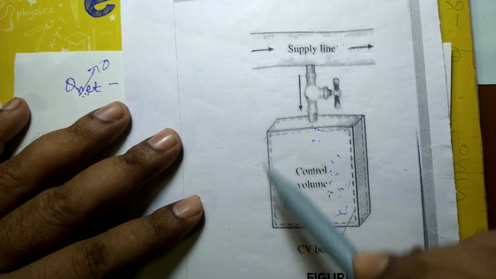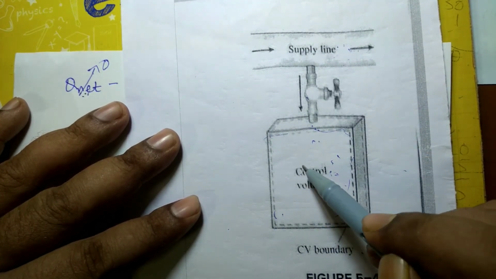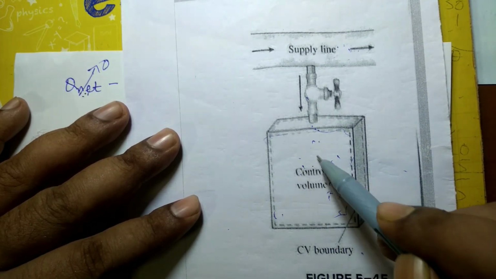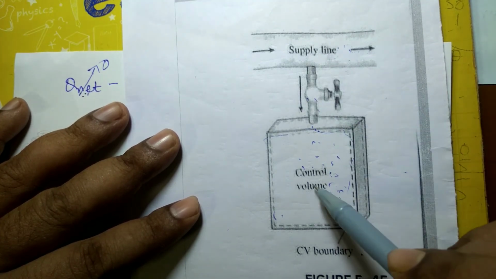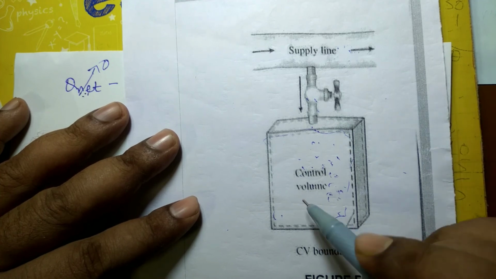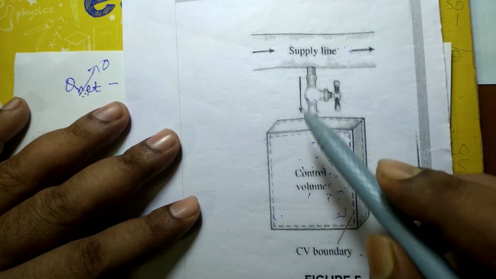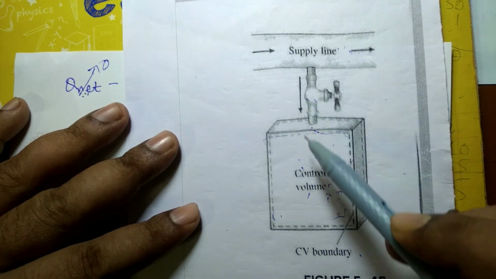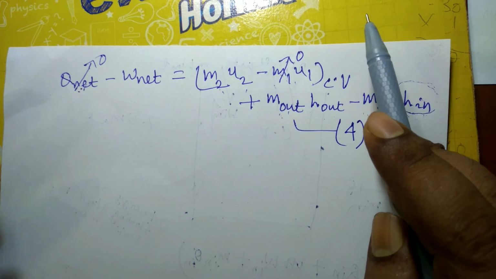Before charging, suppose the mass was 10 kg, so M1 is 10 kg. After charging, suppose the mass increases to 15 kg, so M2 is 15 kg, and that 5 kg is nothing but M in minus M out,